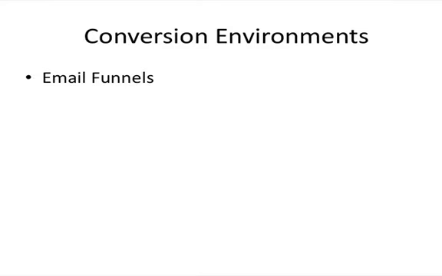Well, the most obvious is our email funnel, if you like. It's pretty much what we've spent most of today talking about, and that is really getting people to sign up to your compelling offer, getting them onto your customer database, and then building that relationship with them. And then as you build that relationship, you can make them an offer which you believe will add value to their lives or their business. If they then purchase that offer, they will go into one particular list, which is a list of buyers. And then your next job is to convert them from a customer to a client and an advocate.